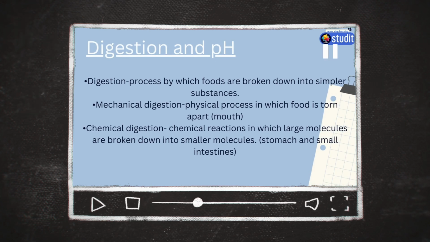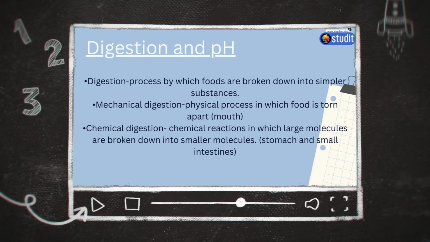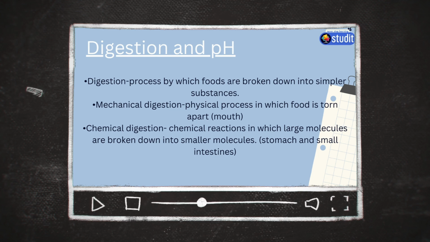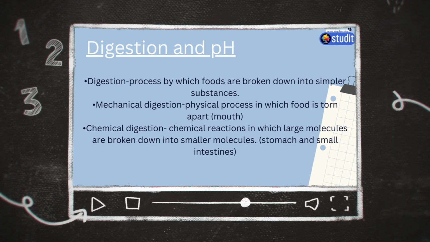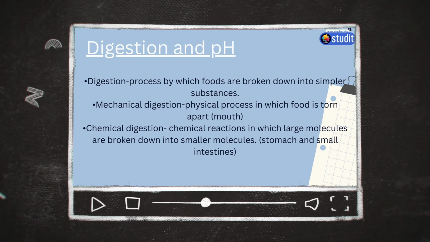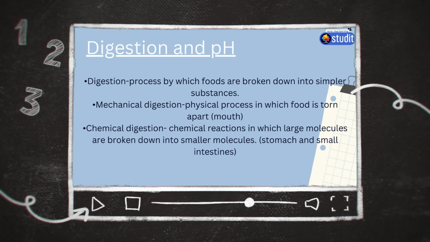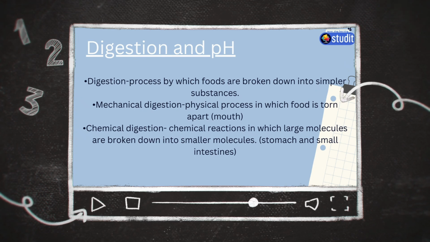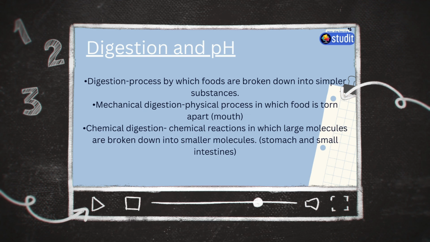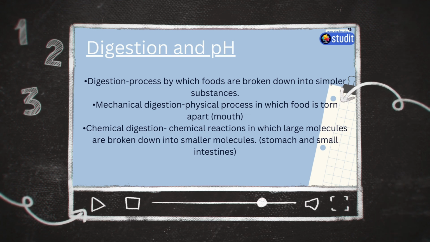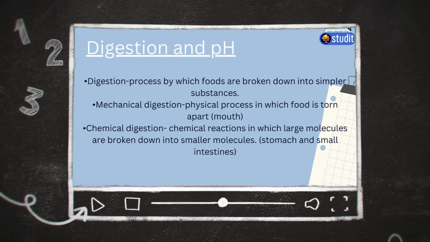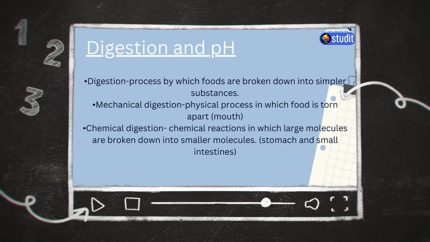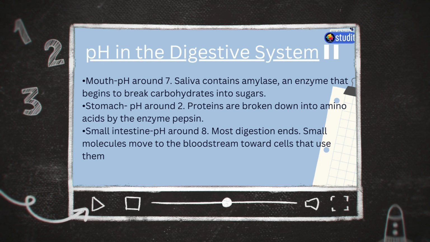We know that pH helps us in digestion. Like we know about the hydrochloric acid in our stomach, and when it occurs in much larger amounts, we use an antacid. Digestion is the process by which food is broken down into simpler substances. There are some mechanical processes and some chemical processes. Chemical digestion includes chemical reactions that break large molecules down into small molecules. The pH in different parts of the digestive system: